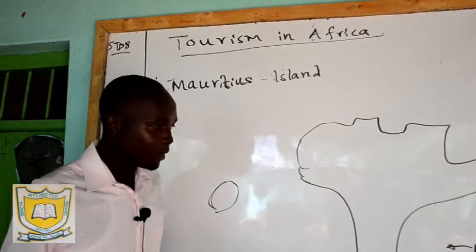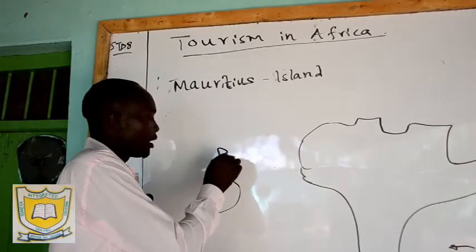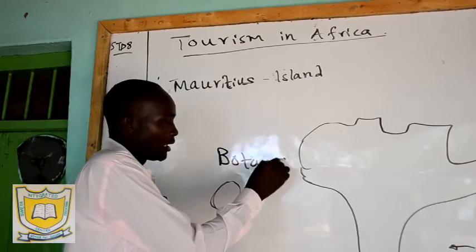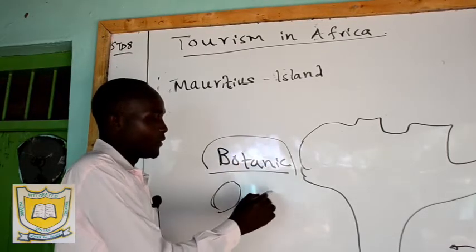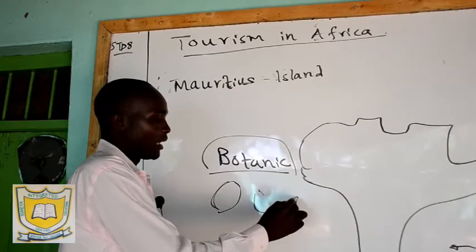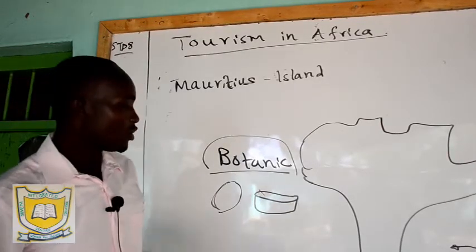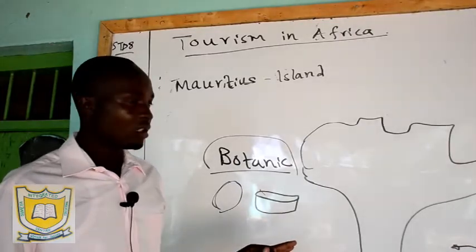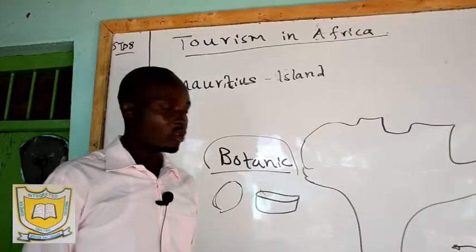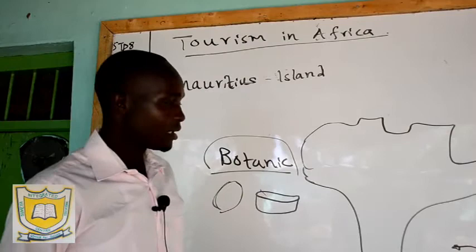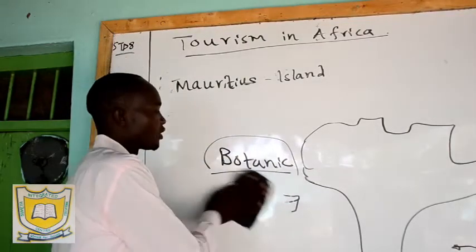We have a place called Botanic Garden, where you'll find some leaves like plates floating on water. So it is also a very good tourist destination, though it is also very expensive. So Mauritius, we want to look at